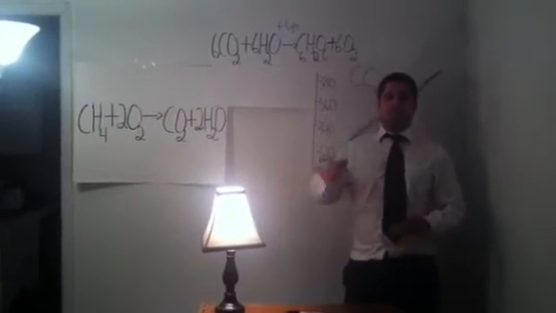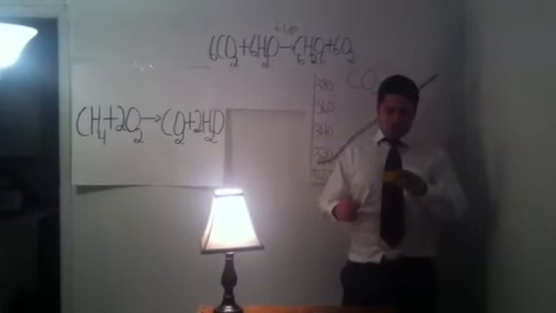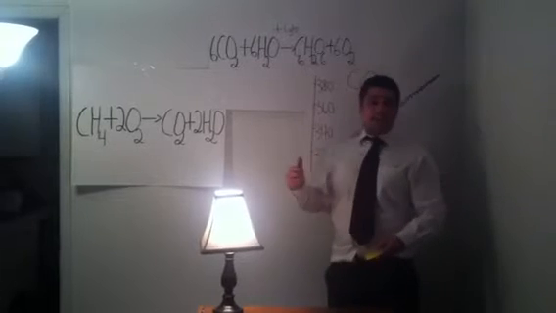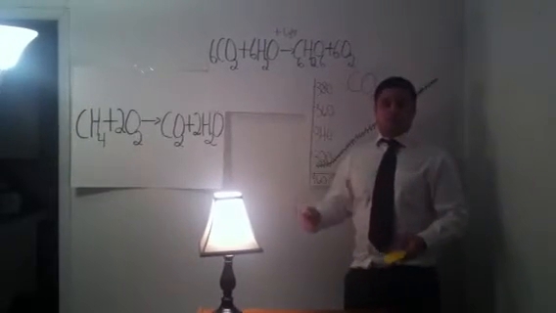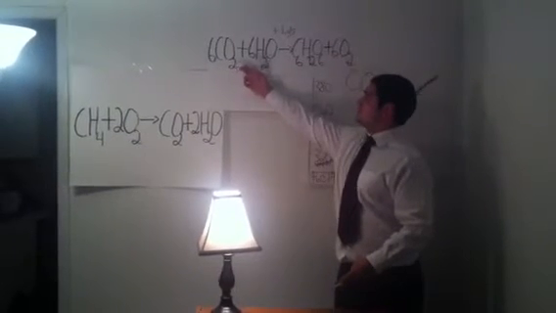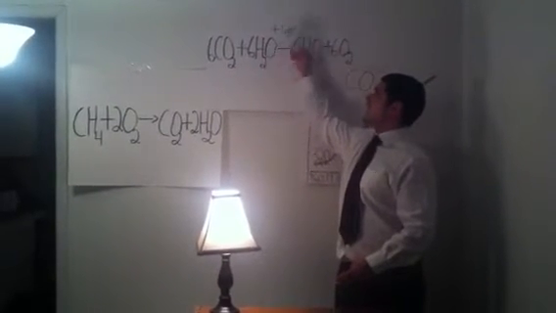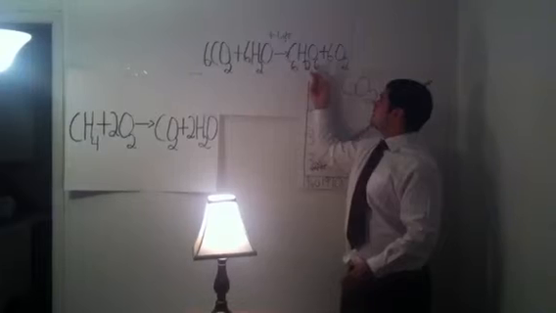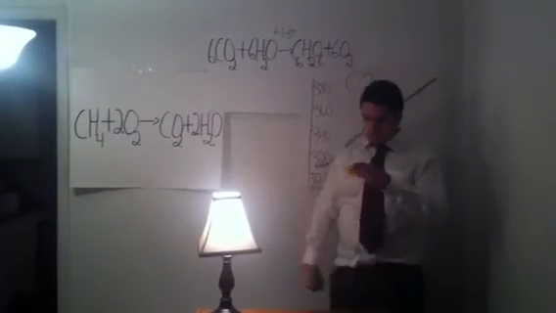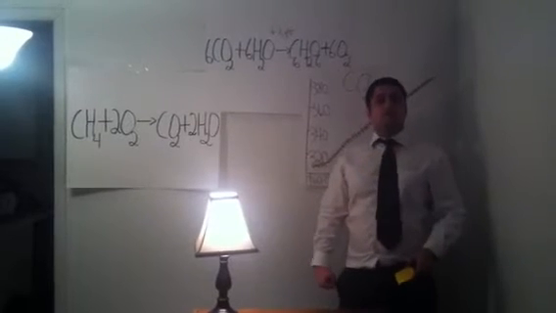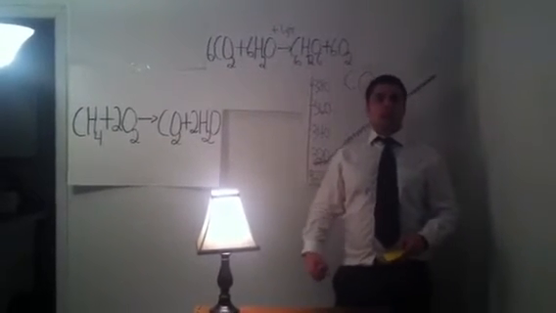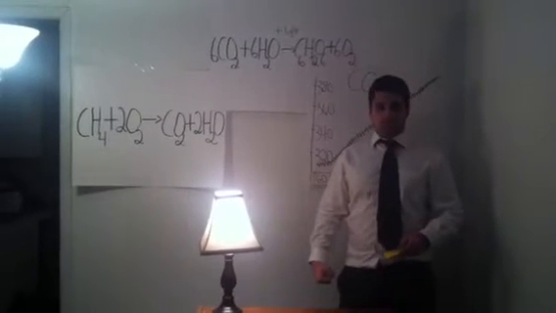CO2 is taken out of the atmosphere in the process of photosynthesis. All plants, to make food, to make energy, take in CO2 plus water and light to make sugar and oxygen. So plants play a very important role in the carbon cycle.